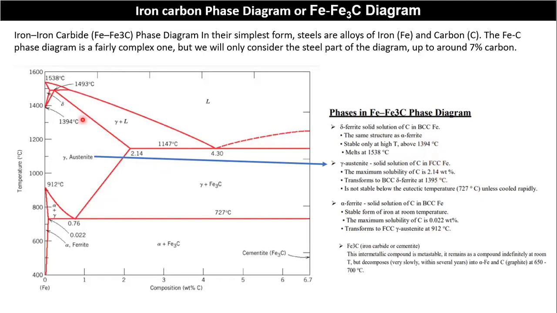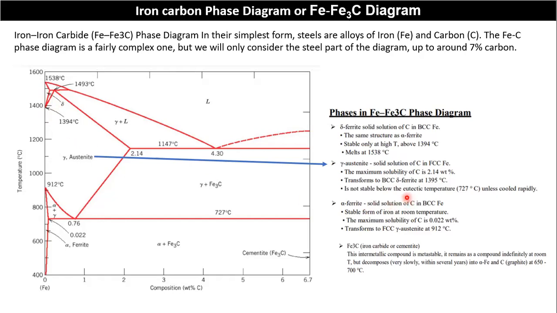So what is the difference? If you change the temperature to lower or higher, the structure will change, BCC to FCC or FCC to BCC. So here the important point is that this temperature maintenance is important, 1394 or 1395. If you cross the boundaries from the upper or lower level, the structure will change. BCC here, BCC structure. If you cross the temperature at this point, the entire structure will change.